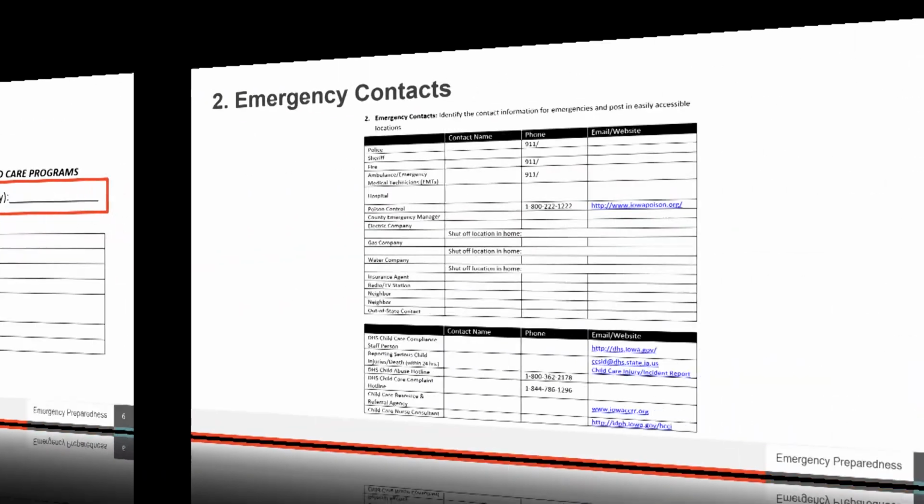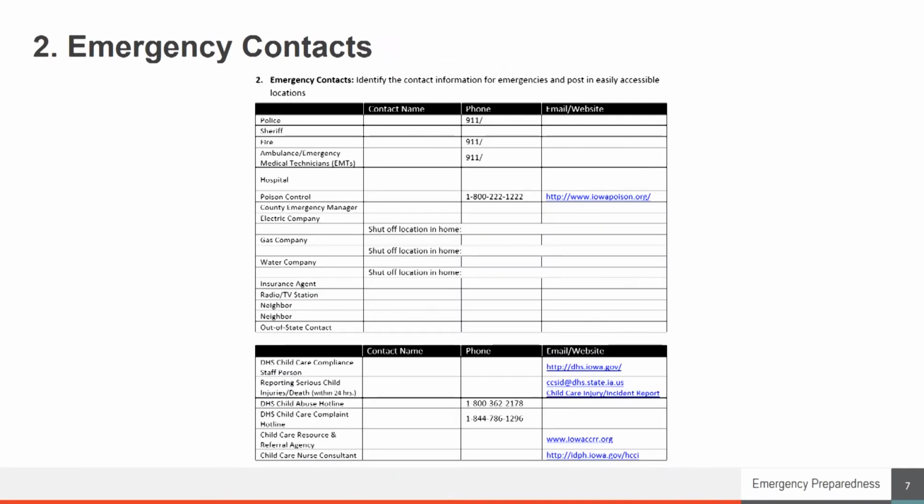Having all emergency contact numbers listed allows you to have information readily available. In a stressful situation, it's an easy reference to use. List all local emergency numbers, including the non-emergency numbers for police and fire. List all numbers needed to get an outside line and an area code. For example, some centers must dial 9 first to get to an outside line.